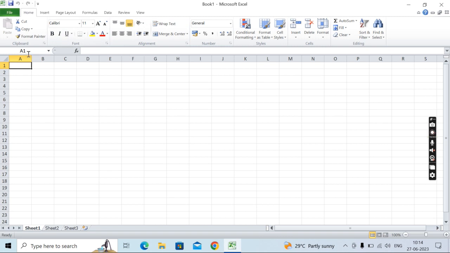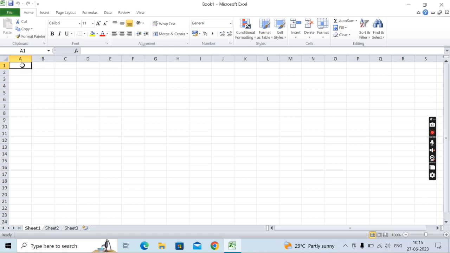At the bottom of this there is a name box displayed, where the name of the active cell is displayed. Active cell, what is active cell? Before learning about active cell, we have to learn about cell. What is the cell? Cell is the combination of columns and rows. Columns A, B, C, D are represented vertically, that is your columns, and A, B, C is considered as your column header. 1, 2, 3 is considered as your row headers, and the intersection of these forms a rectangular box on the screen, that is known as a cell.